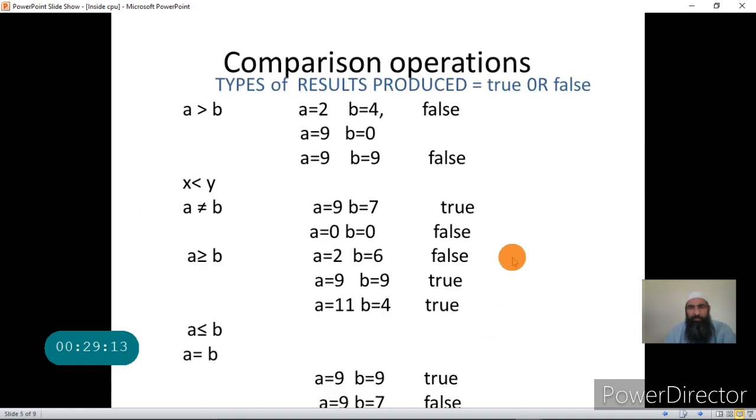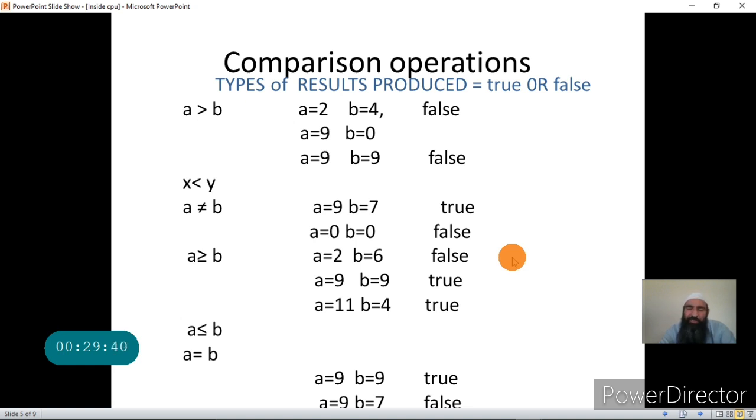Now next, as I told you, the arithmetic and logic unit performs different types of operations. The first operation that we discussed was the arithmetic operation, followed by the second type, the logical operation, and now the third one is called the comparison operation. One more operation we will discuss is the shift operation.